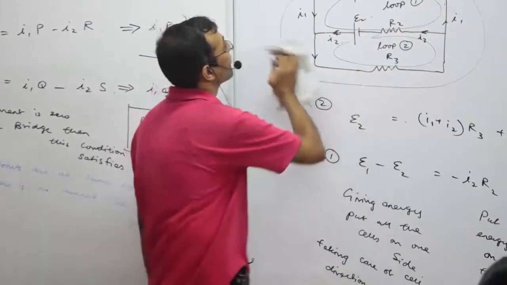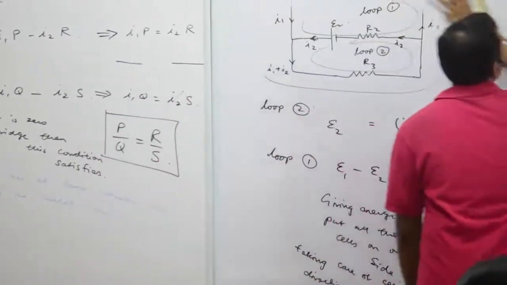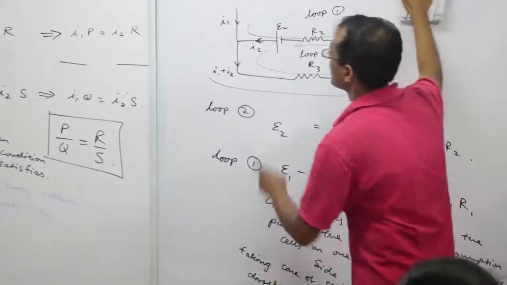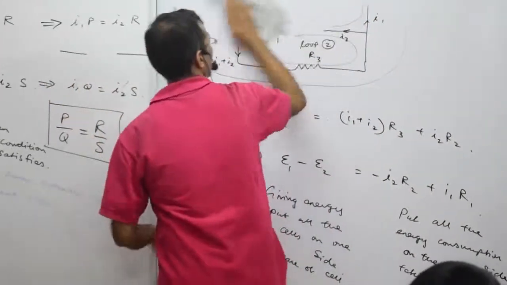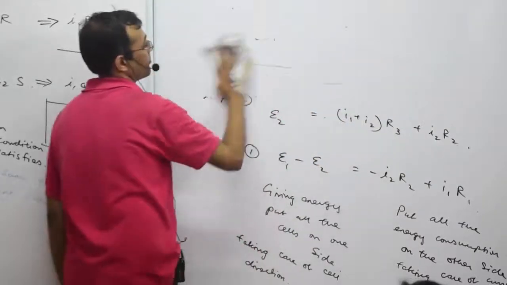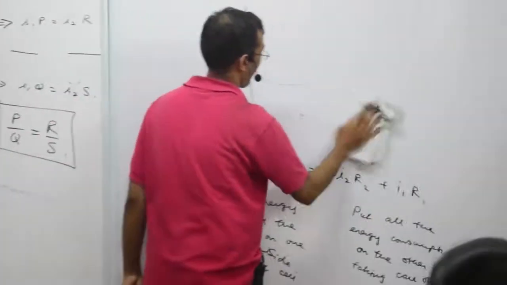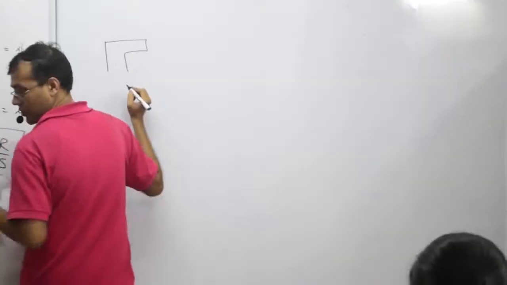Can I erase this? So each one is interlinked. So from here you go to this one, and from there you go to the meter bridge. Okay, I'll show you. I have the